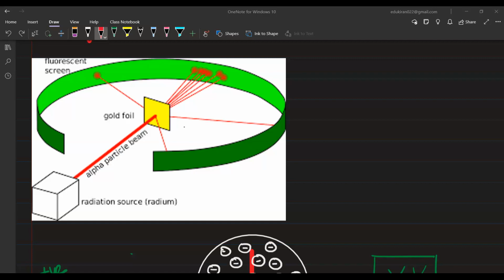Okay, fine. 1, 2, 3, 4, 5, 6, 7, 8, 9, 10, 11, 12. So it is lighting up too many times when the screen is just behind the gold foil. Then they moved a bit, no hit. Then they moved, okay, one hit. Then they stayed there, and then they counted. Okay, fine. After every 20 seconds, there is a hit. Then they moved again. Then they moved again, and so on. They calculated each and